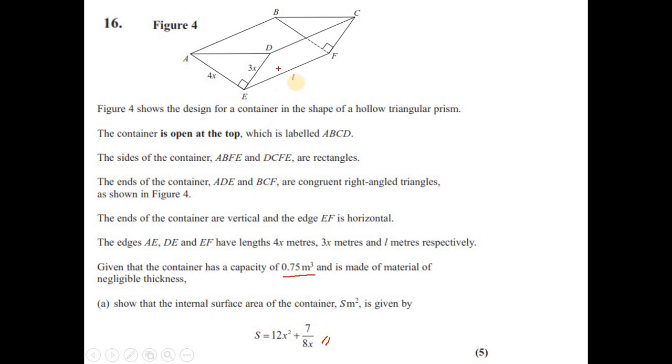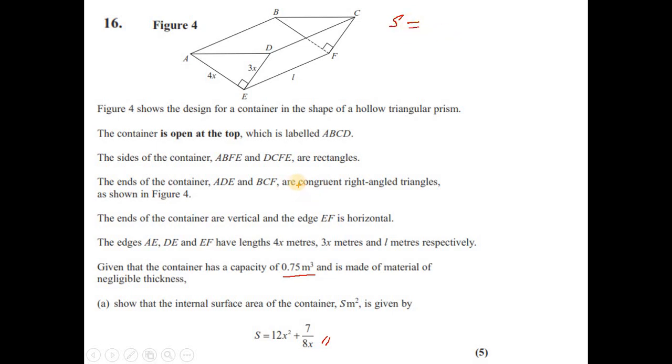Now if you see this, the given diagram is a prism where ABCD, the top, is open. So we have only 4 surfaces, out of which 2 are triangles, AED and BFC, and 2 rectangles, which are DEFC and AEFB. So the total surface area is the surface area of the 2 triangles and the 2 rectangles. So the surface area S will be